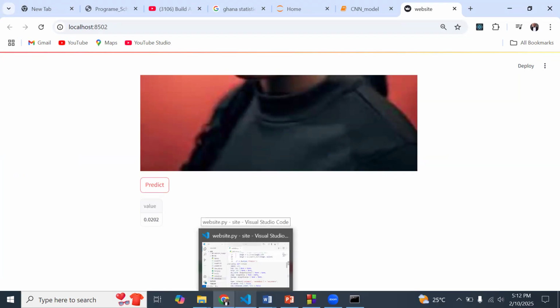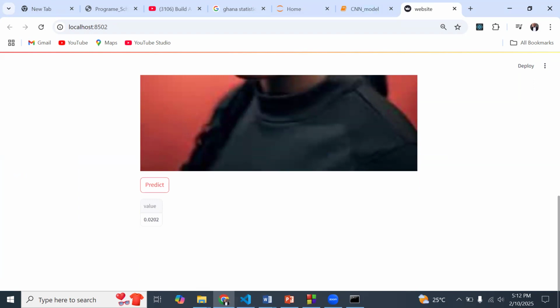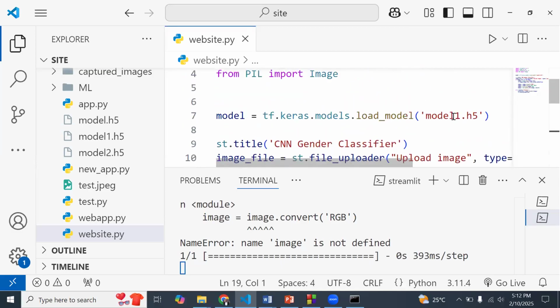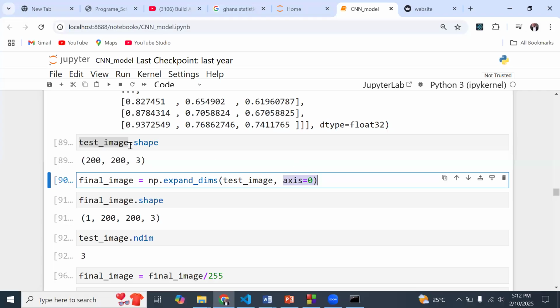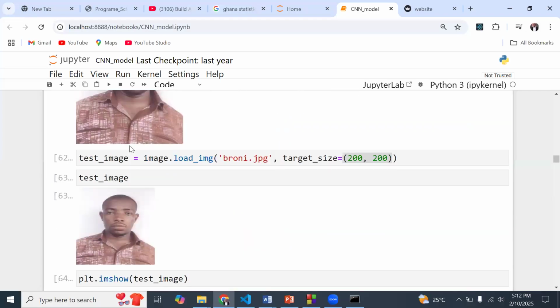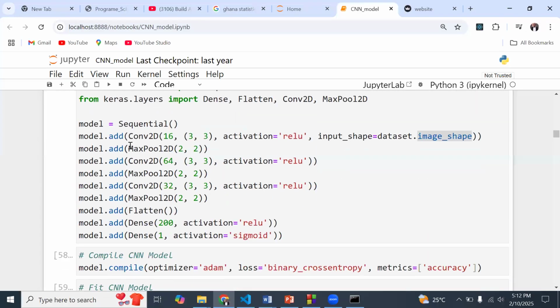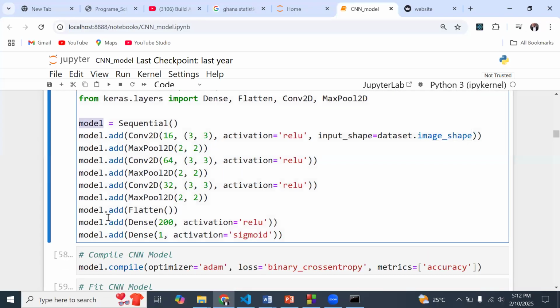So for instance, remember the model that we are working with, which model is this one? This one is model 1. So with model 1, let me see. This is model.